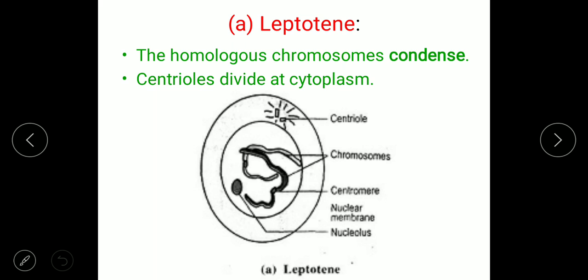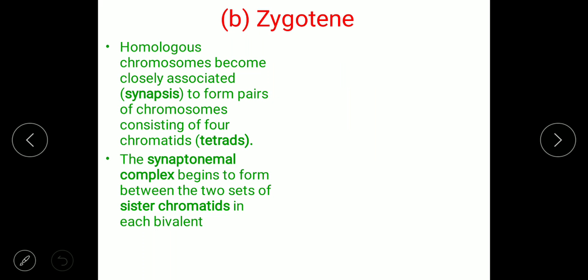The homologous chromosomes appear in the nucleus in condensed form, and after that the centrioles divide. The centrioles divide in the cytoplasm, and in the next phase, which is zygotene,